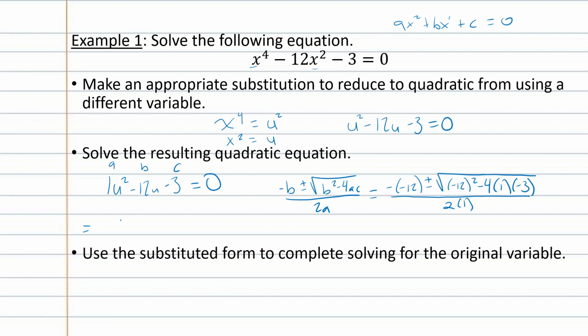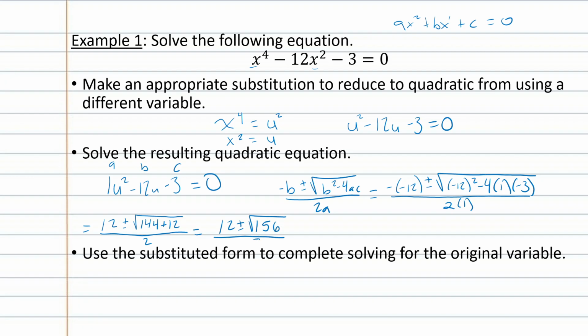So negative 12 is 12 plus or minus the square root. Negative 12 squared is 144. Negative 4 times 1 times negative 3 is positive 12, and this is all over 2. Continue to simplify here. This is 12 plus or minus the square root of 144 plus 12, which is 156,